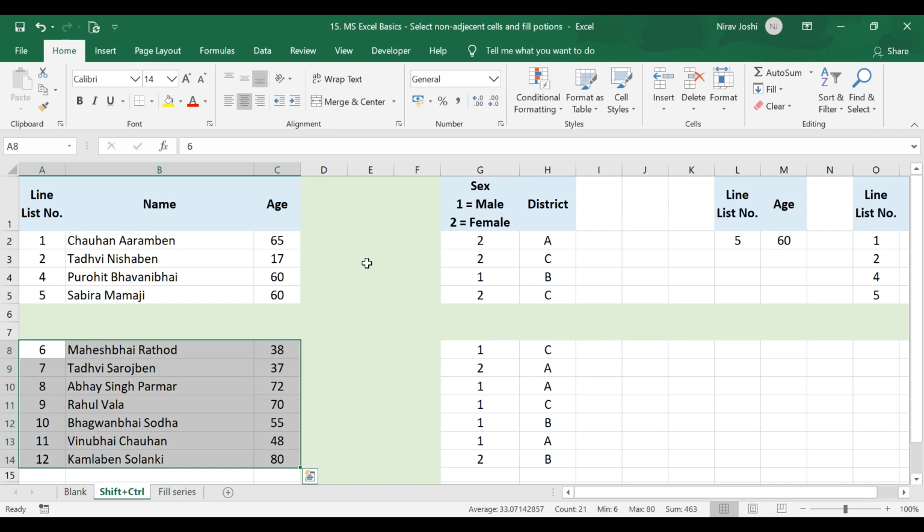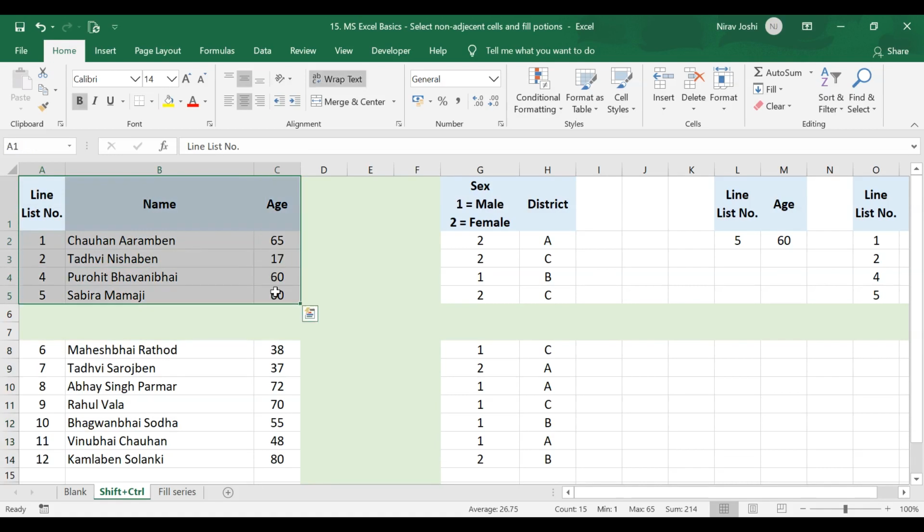So this is helpful when you are using only the keyboard in Microsoft Excel and you want to rapidly select the range without using the mouse. If we want to select two non-continuous cell ranges, we can do it in two ways. First, by using the mouse like this, selecting a range, pressing the Ctrl button continuously and selecting another range. Then you can do copy paste and whatever you want to do.